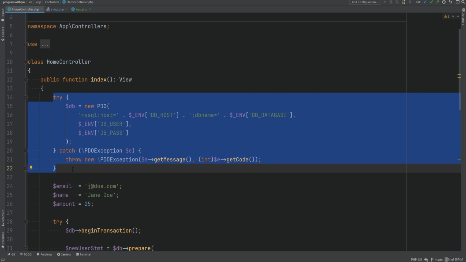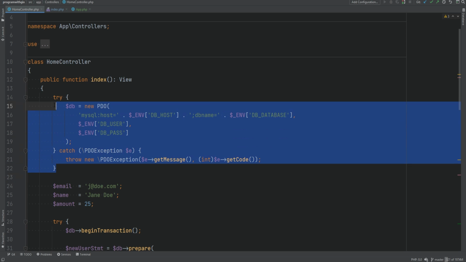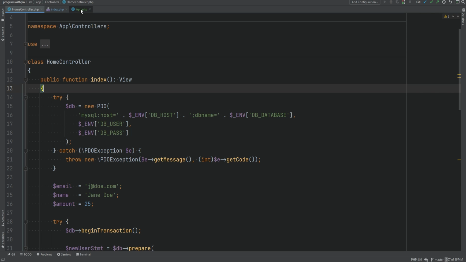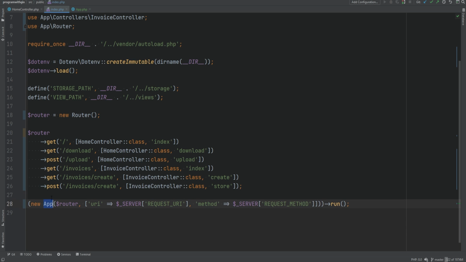So we're not going to do that right now. Instead, we're going to make use of statics. Now, where can we extract this part of code? The obvious choice here is the app.php, because as I mentioned earlier, this is kind of our main class that starts our application. So we could store the single instance of the database within that app class. And of course, there are many other ways of doing it, but for now, we're going to put it within